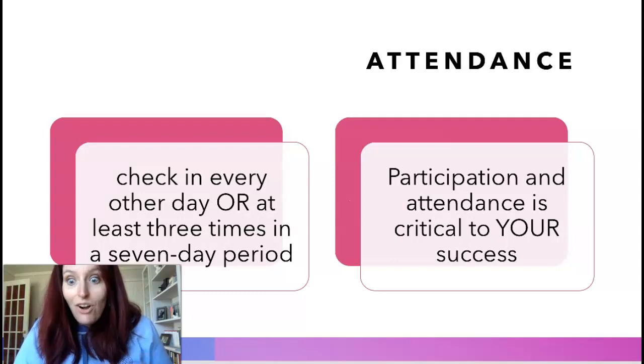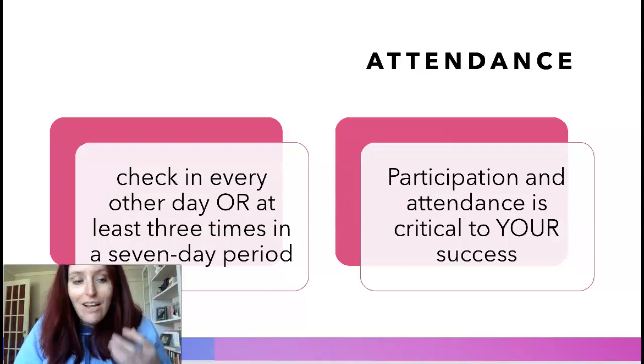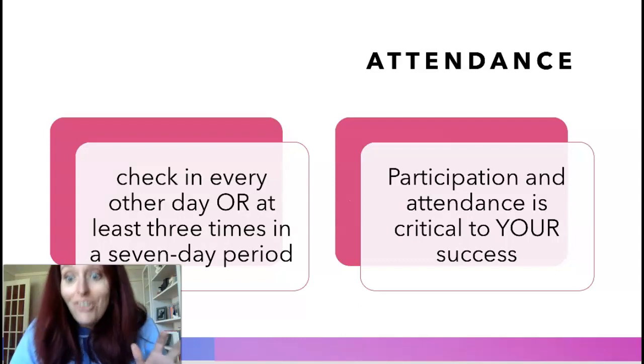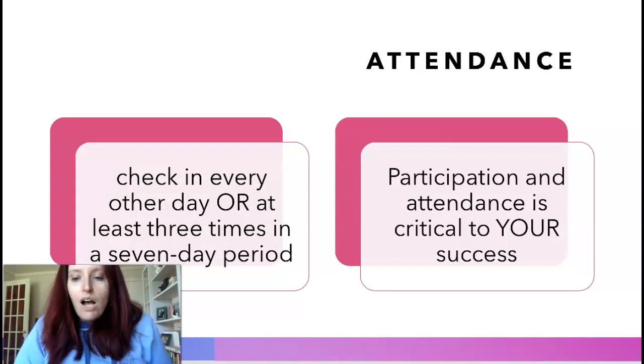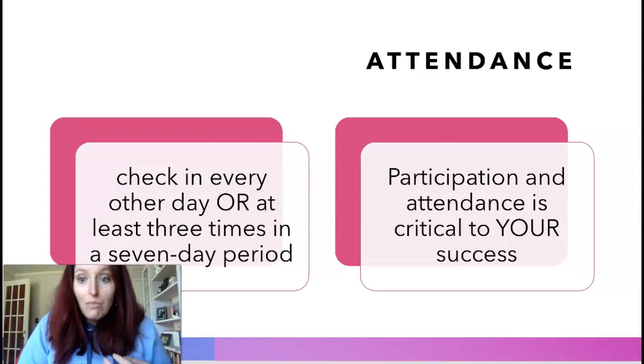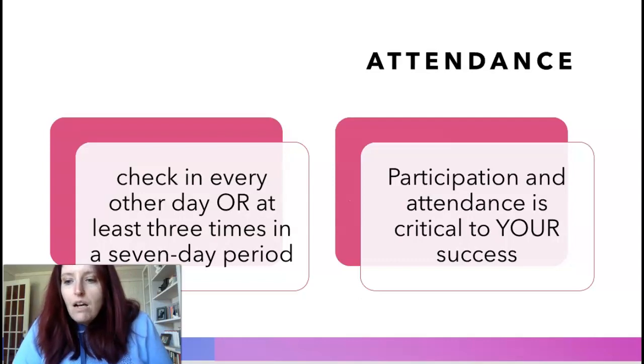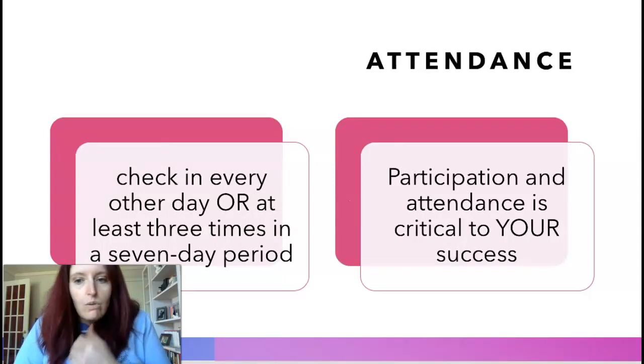I can see when you're on. I can see for how long you're on. I can see if you've never logged in at all. So it's kind of scary and kind of creepy. It's kind of like Big Brother. So I can keep an eye on when you log in and how long you spend in Canvas. So please make sure that you are an active participant.